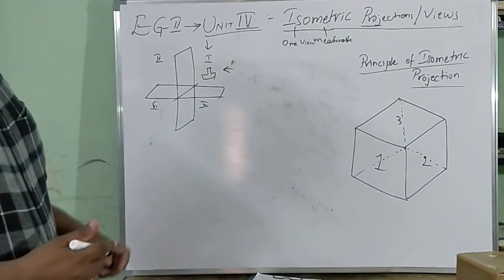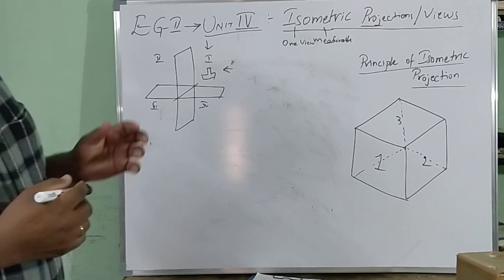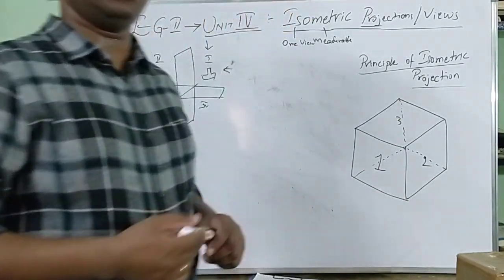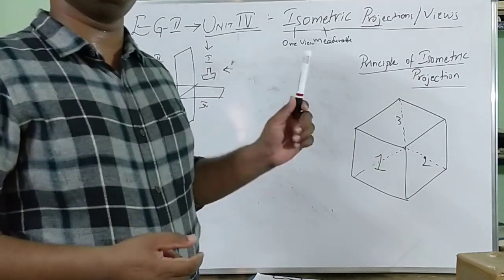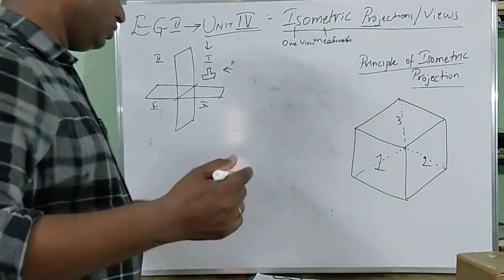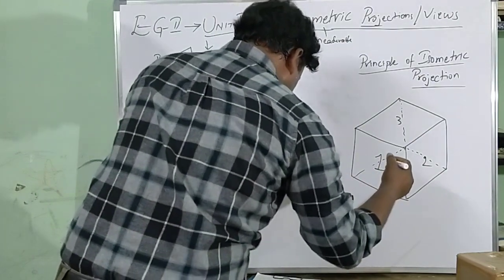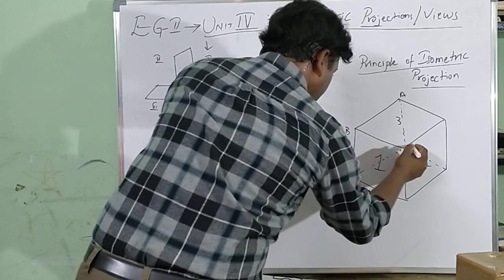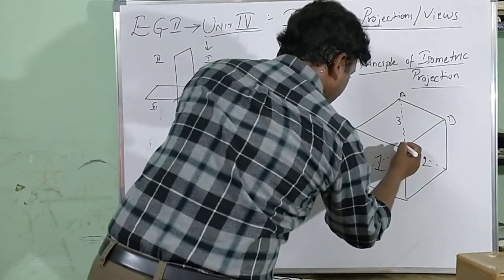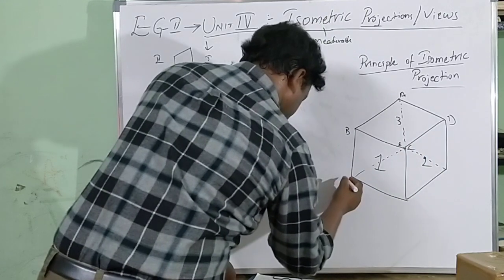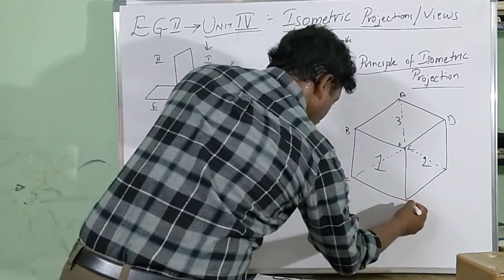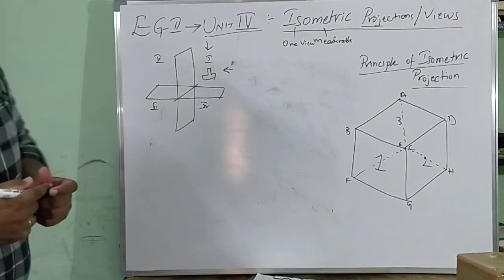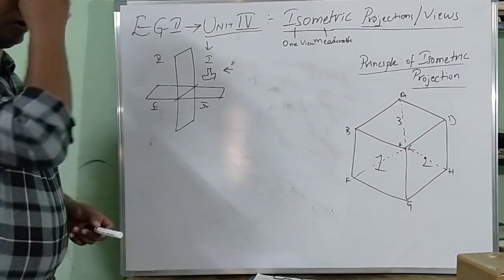This is the actual view of a cube which is taken to a position in such a way that the diagonal, the opposite diagonal, will be a straight line which is perpendicular to HP. Now let me label the parts here, starting from here: A, B, C, D. We have a backside corner here: E, F, G, H. Now what are the angles that will be affected on this plane?